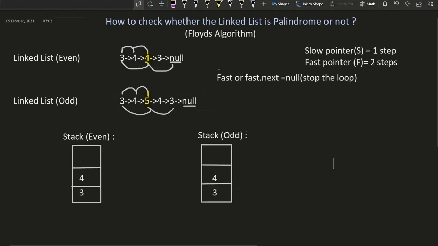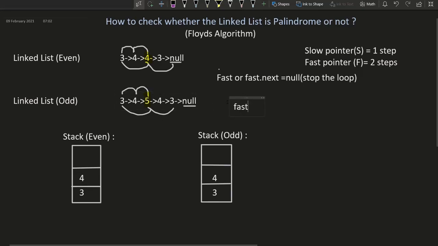After finding out the midpoint, I'm going to check an important condition: whether the linked list contains an odd number of elements. How can we check whether the linked list contains an odd number of elements or not? I'm going to check whether the number of nodes in the linked list is odd or not.